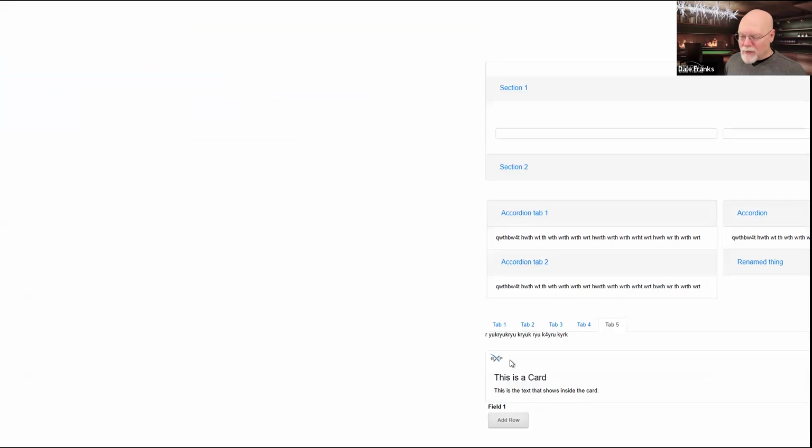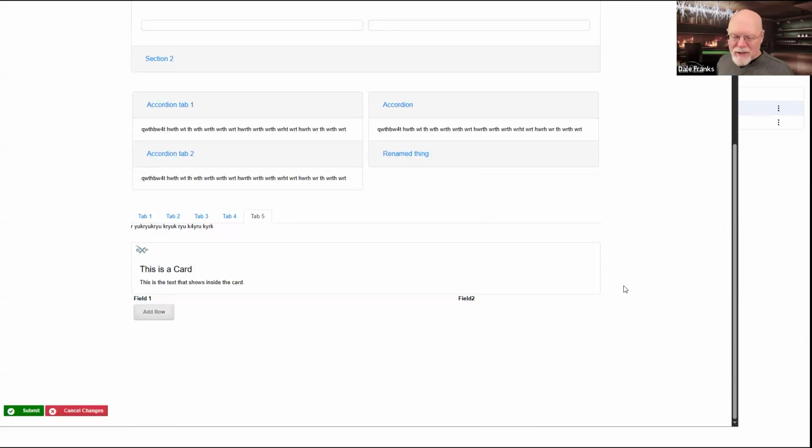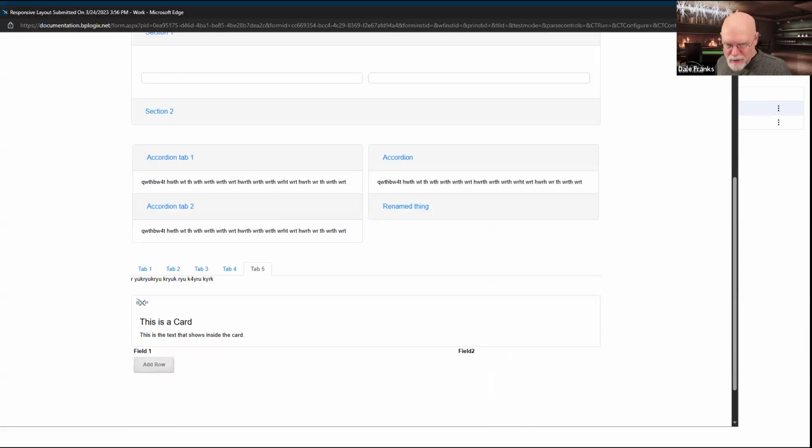So way down here, that's what the card looks like. I think I set this to 32 on this card. But I've got my nice text here, and I've got the field that shows inside the card. Happy so far, except something to think about is whether you have implemented custom CSS styling on your Process Director installation, which I know some of you have.